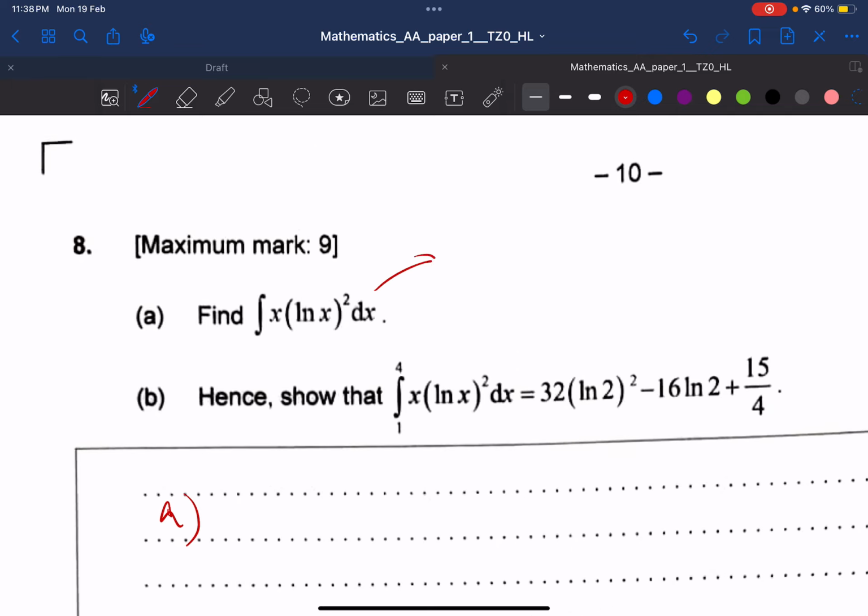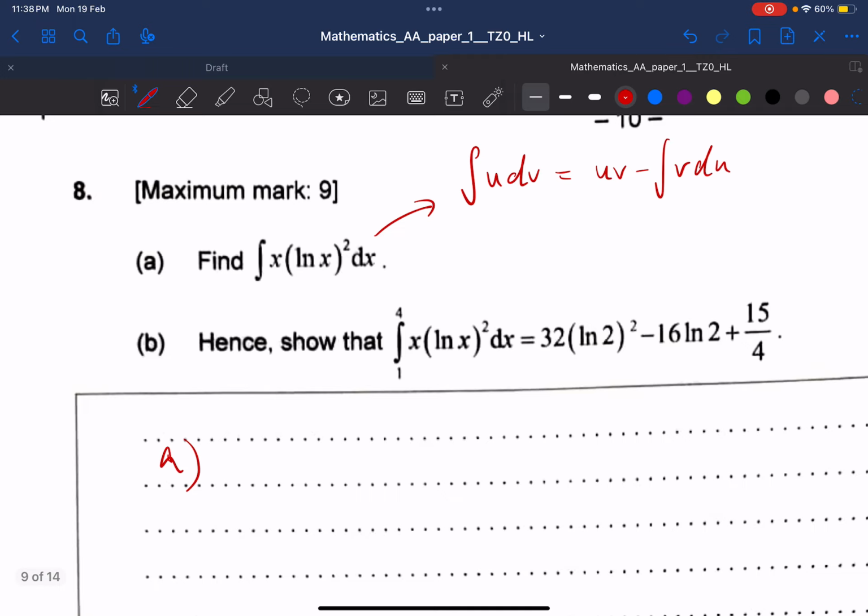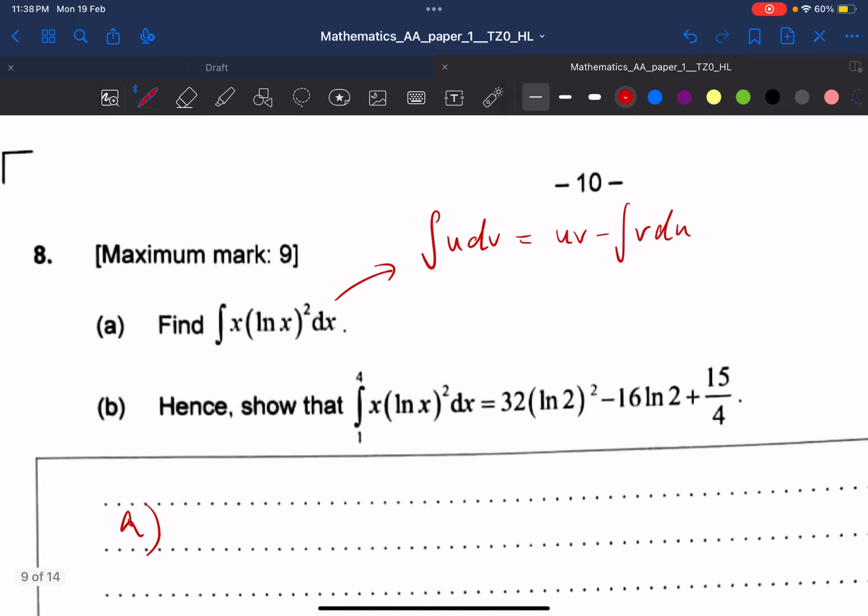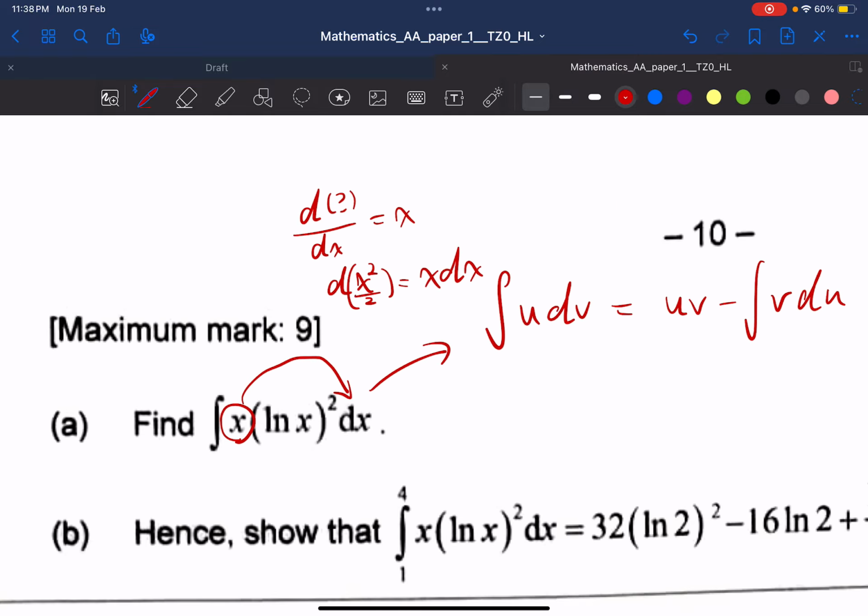There are 2 ways to do it. My way would be just the integral of u dv equals uv minus the integral of v du. So this is my way of doing integration by parts. For me, I'll try to put one of the variables inside the dx by integrating it. Let's say, differentiate what gives you x? Differentiating x squared over 2 gives you x dx. If I multiply this to the other side,